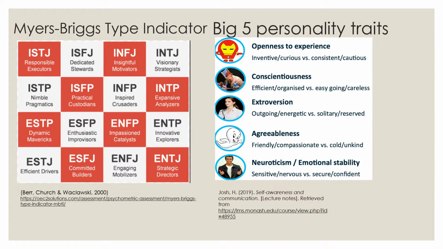The MBTI has a total of 16 different results that can be given from the test. On the left-hand side, for my test result, I'm an ESFJ, which stands for Extroversion, Sensing, Feeling, and Judging, as well as the Big Five personality test, which encompasses 5 individual personality traits, as you could see on the right-hand side. Understanding these test results will be a valid tool to help me measure my tendency in the workplace.